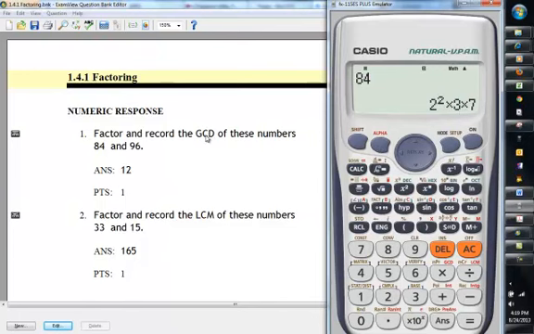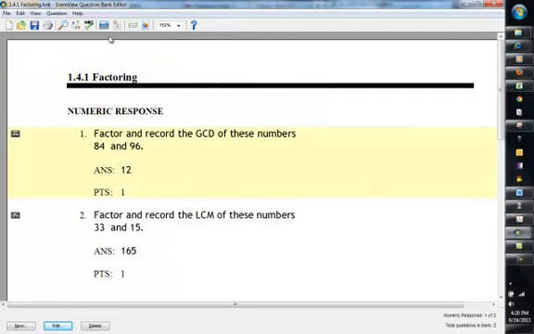But we're looking for the greatest common divisor here, and if you notice, that's the red of the multiply key. So we're going to press alpha, the red key, and then the greatest common divisor of 84 and, shift, comma, 96, and it is 12. Let's do some more